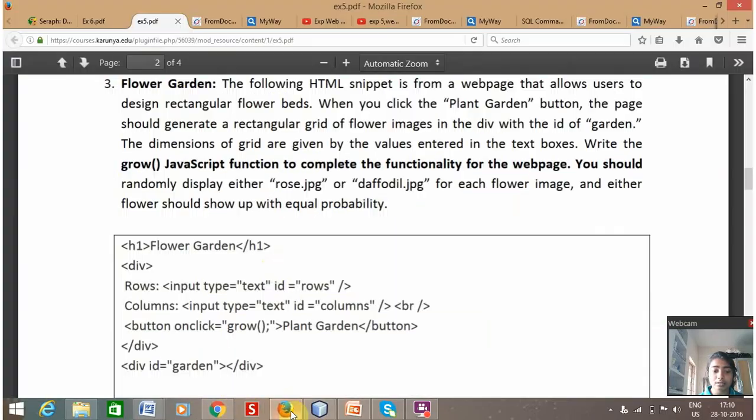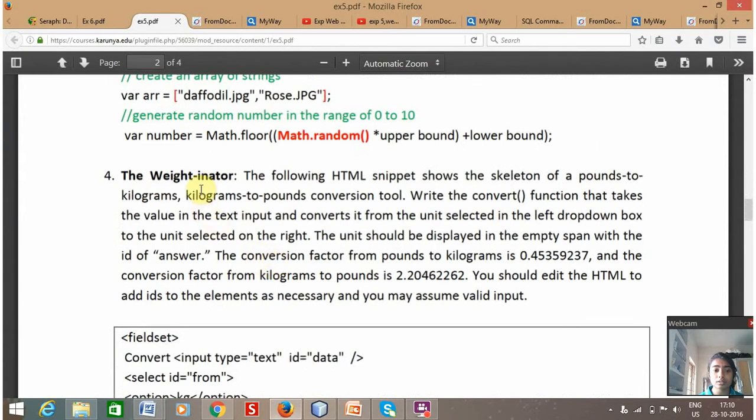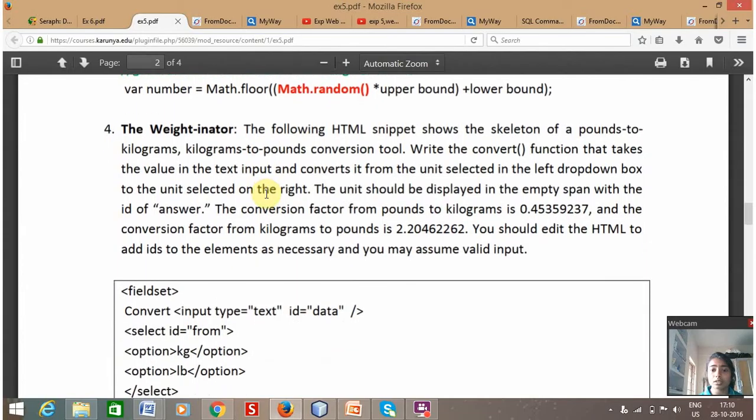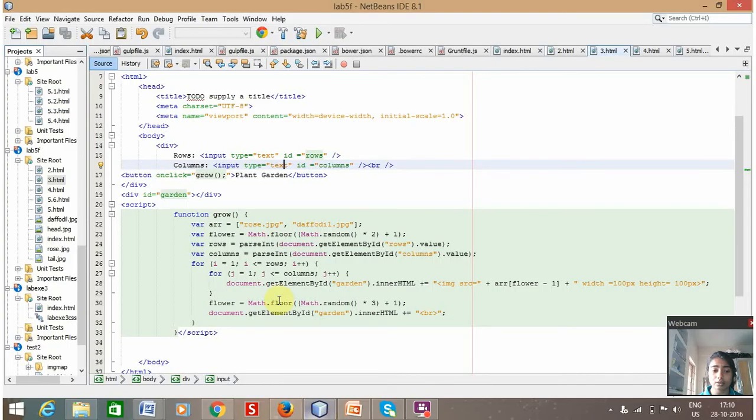And our next question is a weightinator. So here we got to convert kilograms. If the user gives kilograms, it has to convert to pounds, and if the user enters the values in pounds, we have to convert it into kilograms. For that the code is,